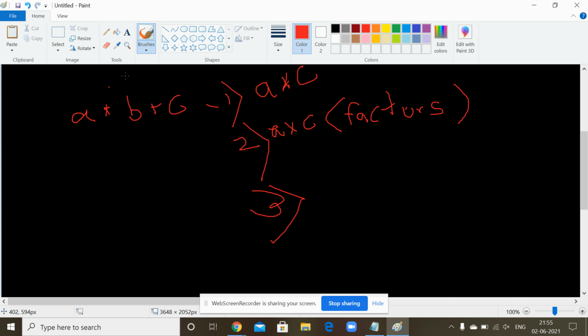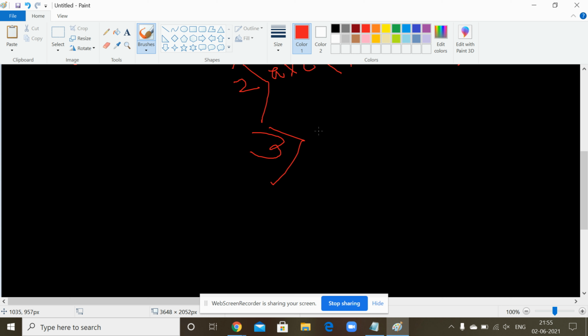Then we will take 1 and 6. If it will be minus 1, then we will take 2 and 3. So like that we check the addition or subtraction of